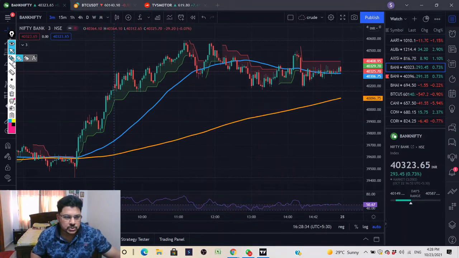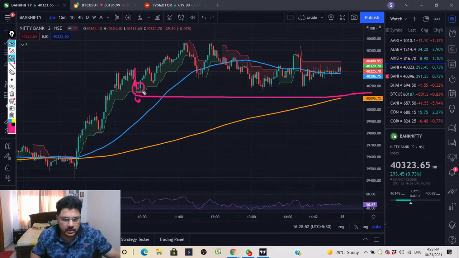And if you are a buyer, you should always look out for entries near the super trend like this. Whenever price comes near super trend, always go for this 40,000, 40,100 or 40,000 call, in the money call. Okay, you go and buy one lot. Your stop loss will be this low should not be broken. Okay, the price should not break this candle and should not go. If the price breaks this low, immediately close your position in the loss, and that is your stop loss.